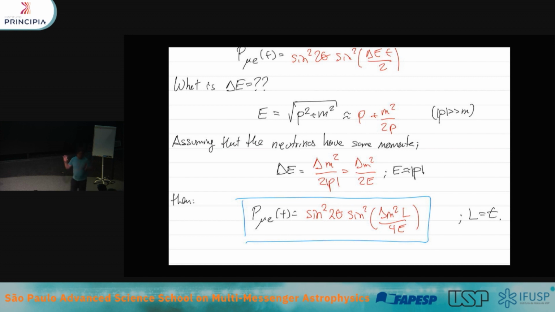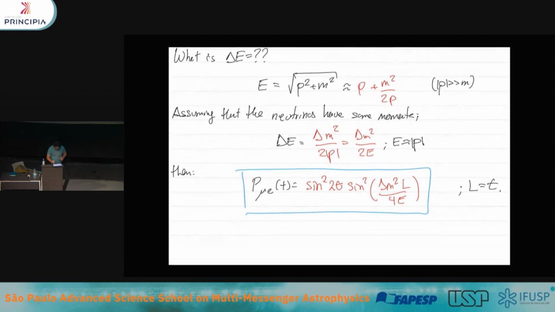So the correct way to do this, or one of the ways of doing it, is by using something known as a wave packet treatment. It turns out, and this is wonderful, that if you actually do the complicated calculation, in any regimes that we will discuss, and actually any terrestrial measurement, to first order, this actually holds. Okay? But as a caveat, this appears very simple, but there are simplifying assumptions that are non-trivial here. Good.